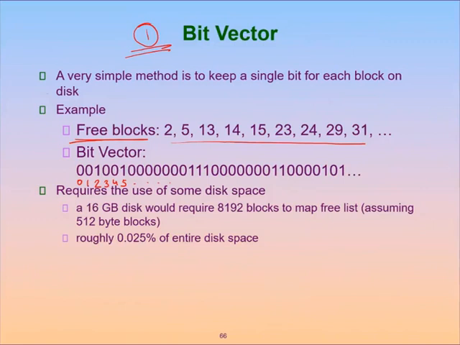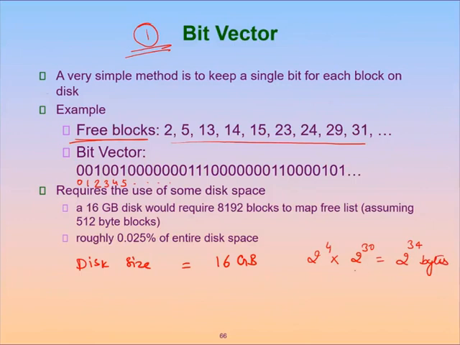So it is a simple single bit vector, and we just store which block is available and which is not. Now the question is, what is the space used by this bit vector? How much space will it take to store this bit vector? What is the size of space taken by the bit vector? Suppose we have a disk of 16 GB. By 16 GB we mean 2 to the power 4 into 2 to the power 30 bytes, that is 2 to the power 34 bytes.